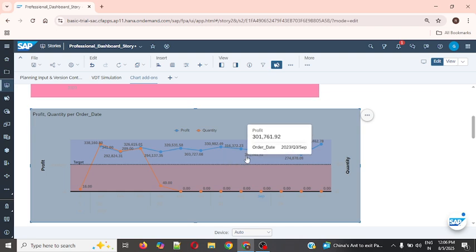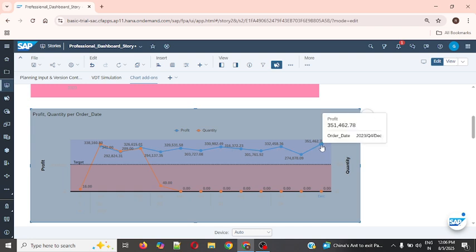Okay, date is September, this is for July, this is for June. Okay, from January to December it is there. And here you can see we have two measures, profit and quantity. So quantity,